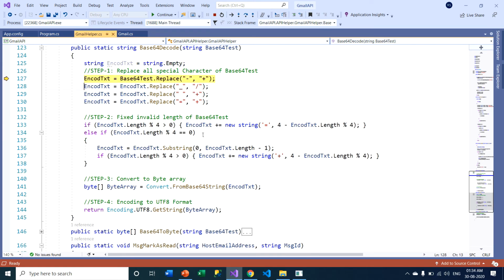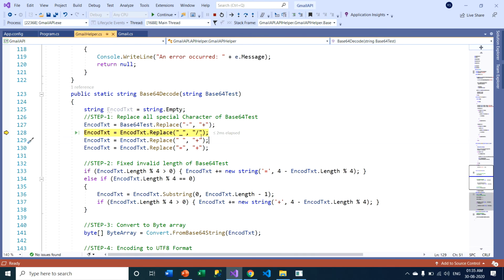So basically, first of all, for decoding a base64 string, we need to replace some special characters, because without replacing those special characters we can't convert this base64 string. First we replace the hyphen symbol with plus, and after that we replace the underscore symbol with the slash symbol.